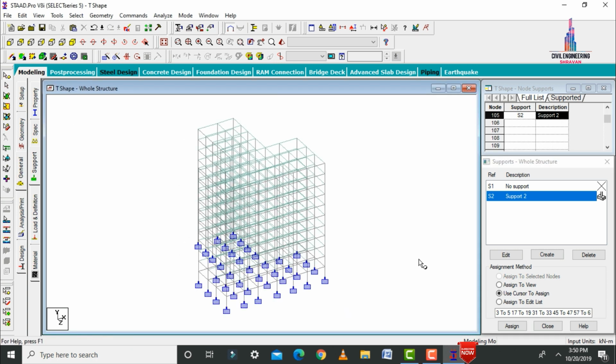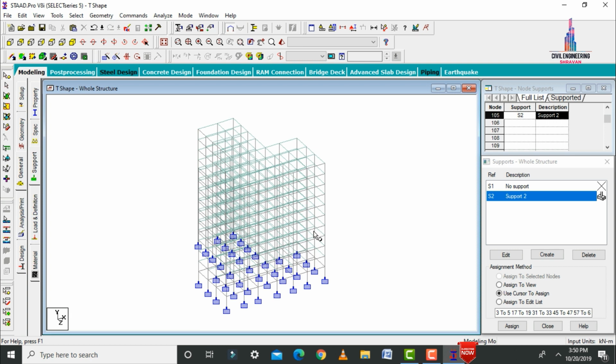So after that we have to define the load cases for this respective structure. For this 10-story apartment building, I am assuming the load cases will consist of dead loading condition, live loading condition, seismic loading condition, as well as wind loading condition. For a 10-story apartment we need to go with dynamic analysis, which is response spectrum analysis. For that reason only, I am continuing with this respective model for the response spectrum analysis case.